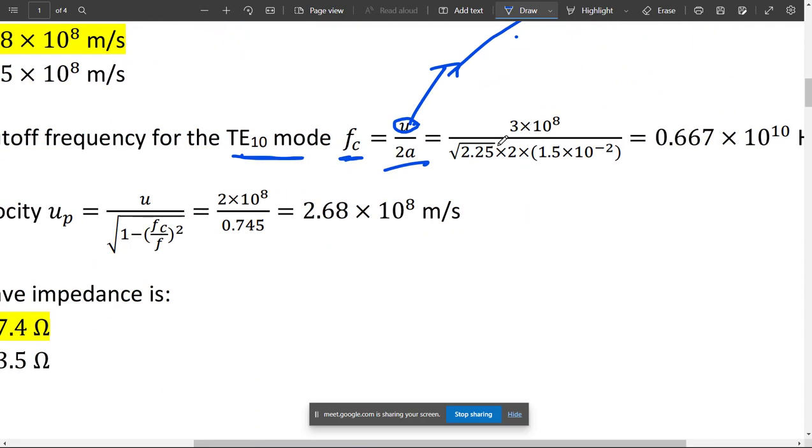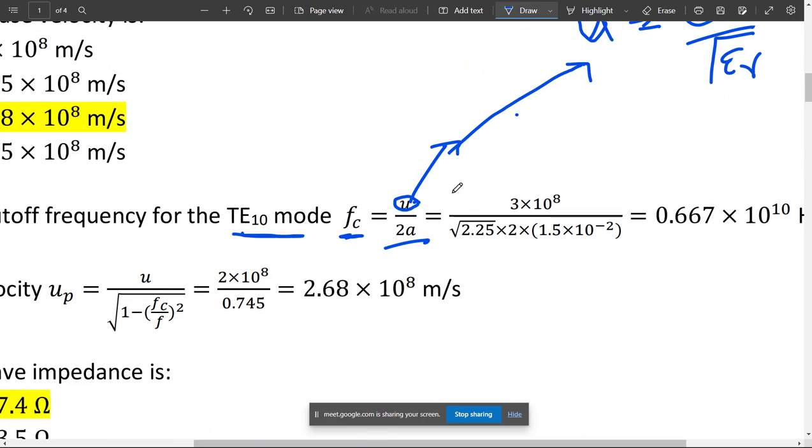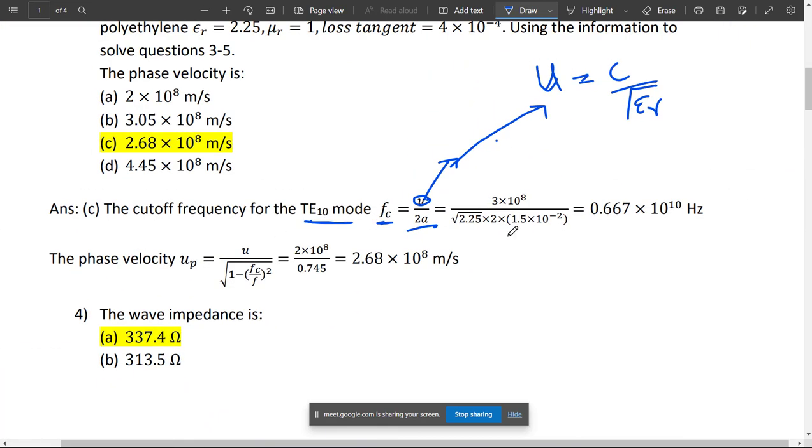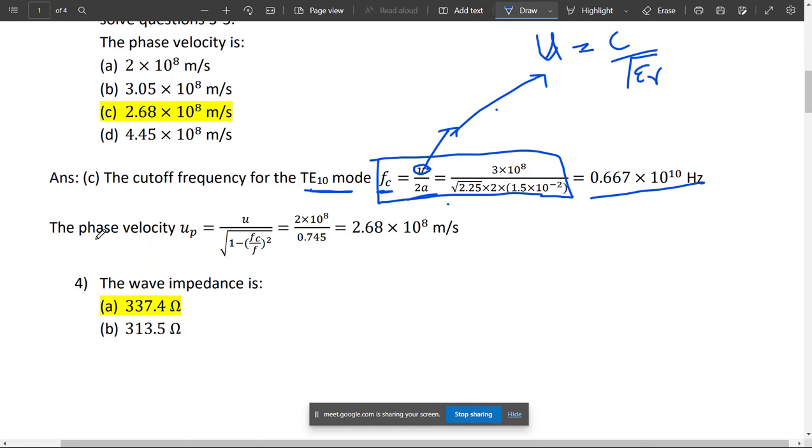So 3 into 10 to the power 8 upon under root epsilon, for TE10 mode it's given, right? So the cutoff frequency formula is this, mu by 2a. We will put it, we got this. Now for the phase velocity,